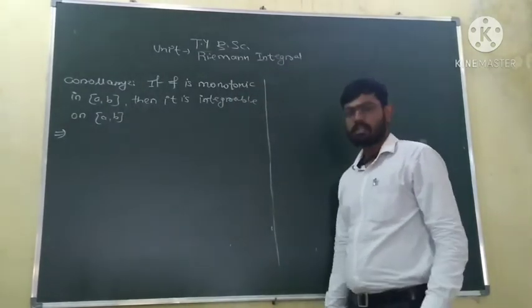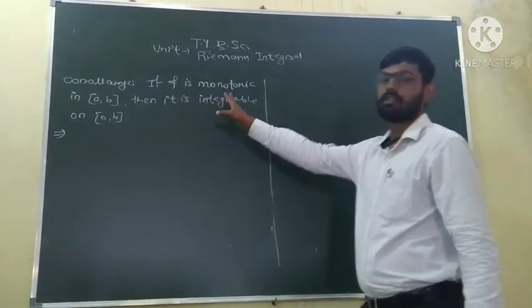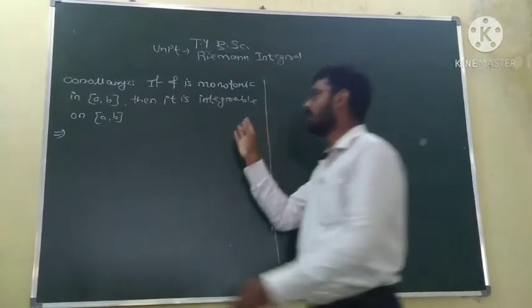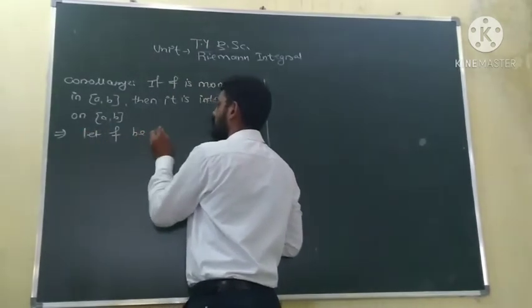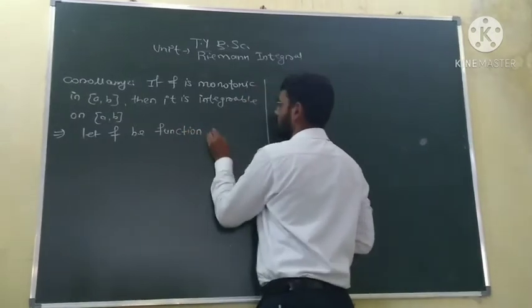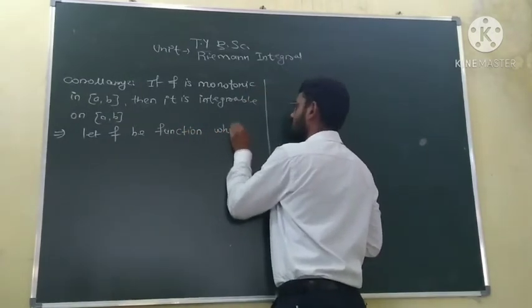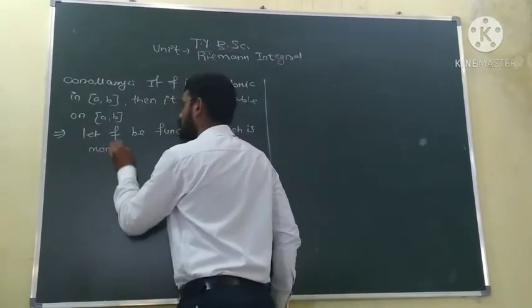Now we will prove this corollary. Suppose f is a function which is monotonic